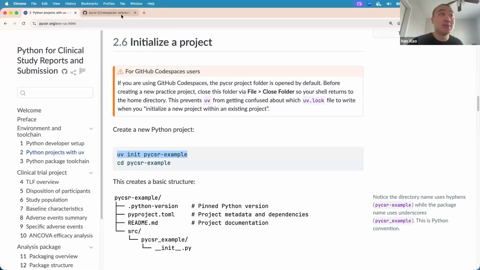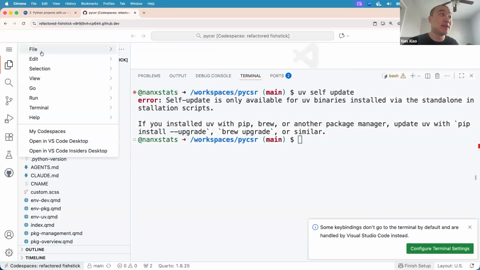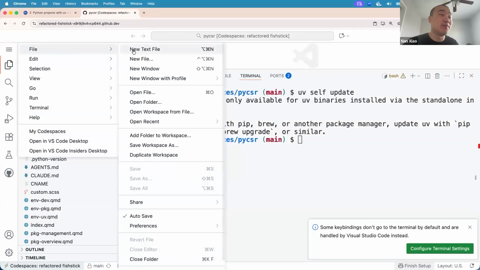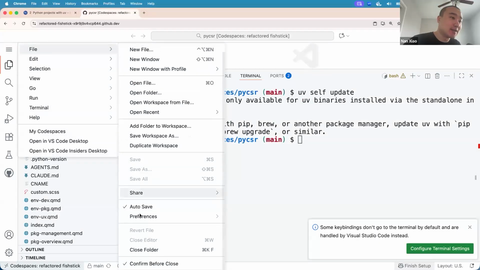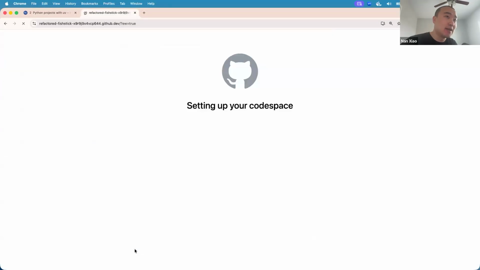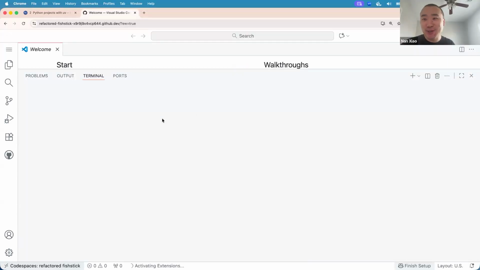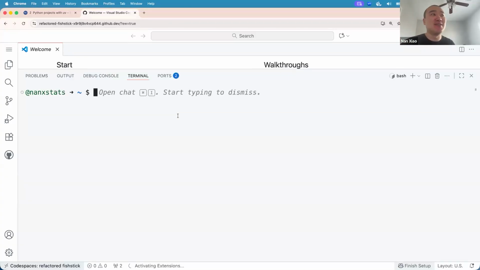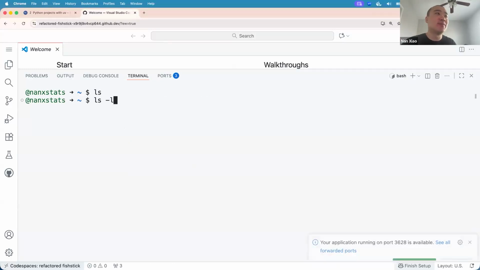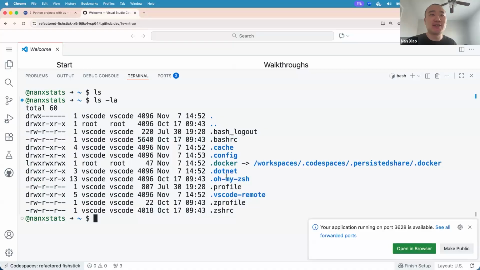Let me just copy this example here, and I'll just go to File and Close folder here to close this PyCSR project first. Later on, when Yilong is presented, you probably want to open that folder again, right? So that's very important to have the right context to run things. So here I'm at home, right? So nothing is here. PyCSR is here, so that's important.